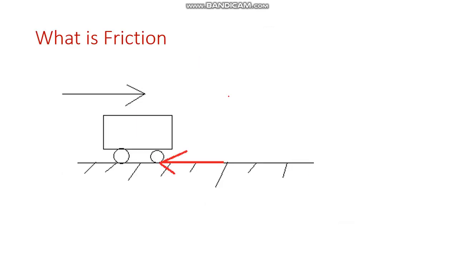Alright, so let's move on to the next topic, which is friction. So what basically is friction? Friction is an opposing force. Let us say a car is running on the ground, or the car is going with an acceleration, definitely it will have some force on it. These are the tires of the car. The tires of the car are in touch with the ground. So there will be a frictional force developed between the road and the tires, and it will try to oppose the motion. So this is what is basically friction in the simplest form.